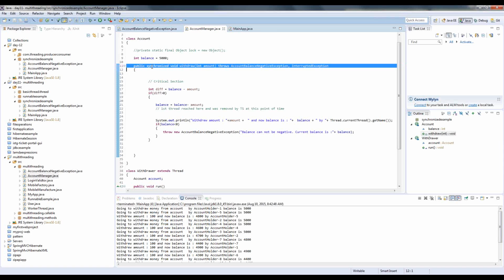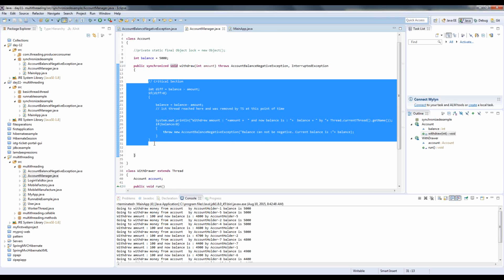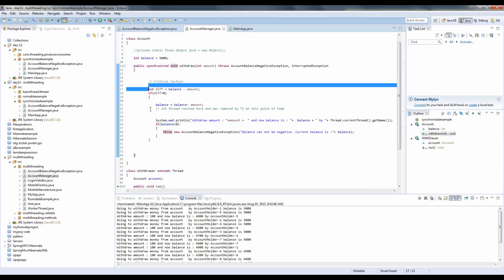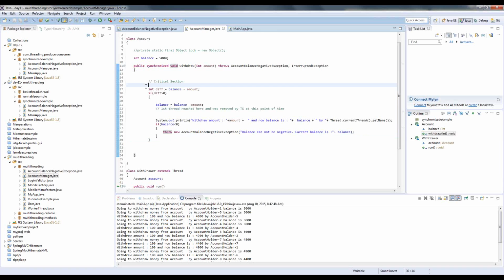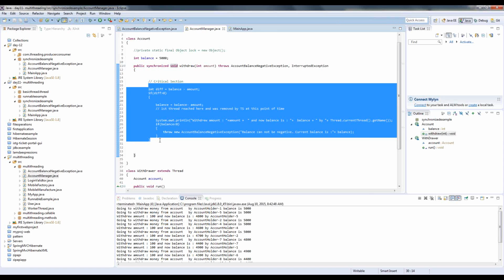If you put synchronized here, public synchronized void, what it does is it locks this entire section. This kind of section is called the critical section. This section will be locked by one thread, and until that thread completes this,